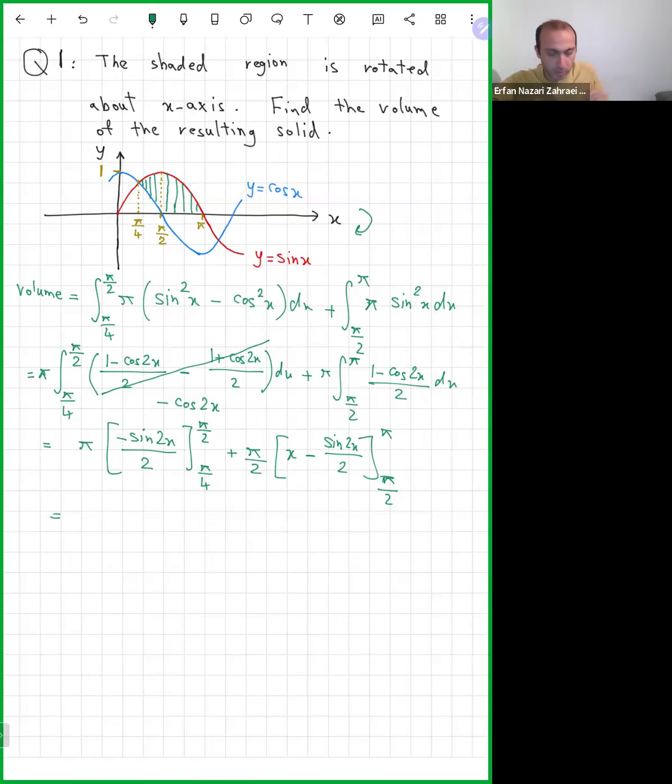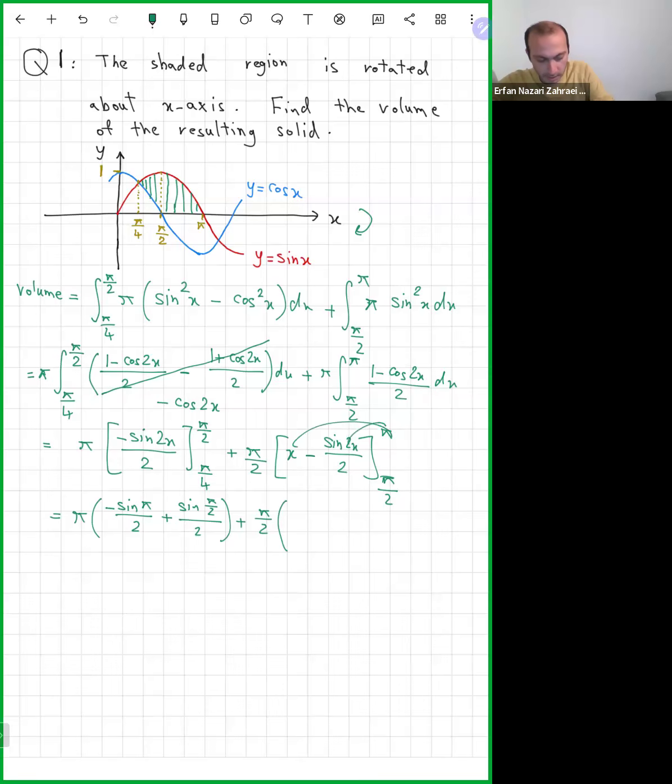Now I'm good to start the numerical computation. So the first term, if I plug in pi over 2 in it, I get minus sine twice of pi over 2, which is pi over 2, plus, which is minus, I get plus, sine, now plug in pi over 4 in this. So twice of pi over 4, it's pi over 2, over 2, plus pi over 2,